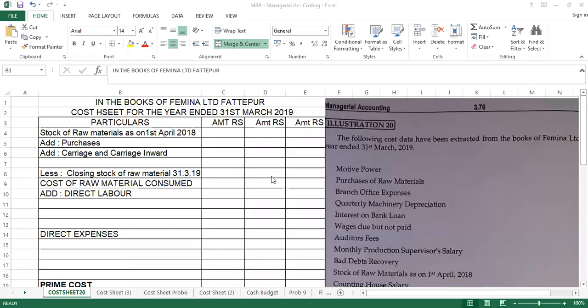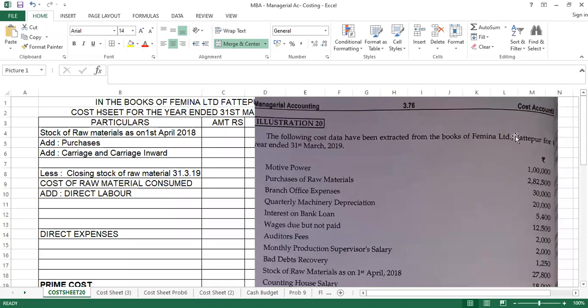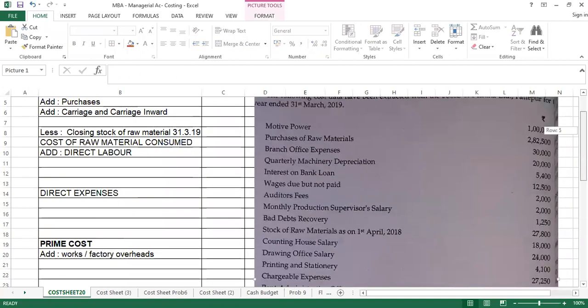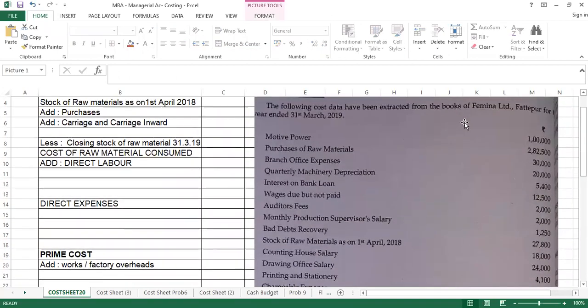Students, welcome to this topic, cost accounting, and we are going to prepare a cost sheet as per the information given. Let's study the information, discuss this, and then we'll prepare a cost sheet. The following cost data has been given from the books of Femina Limited, Fatehpur, for the year ended 31st